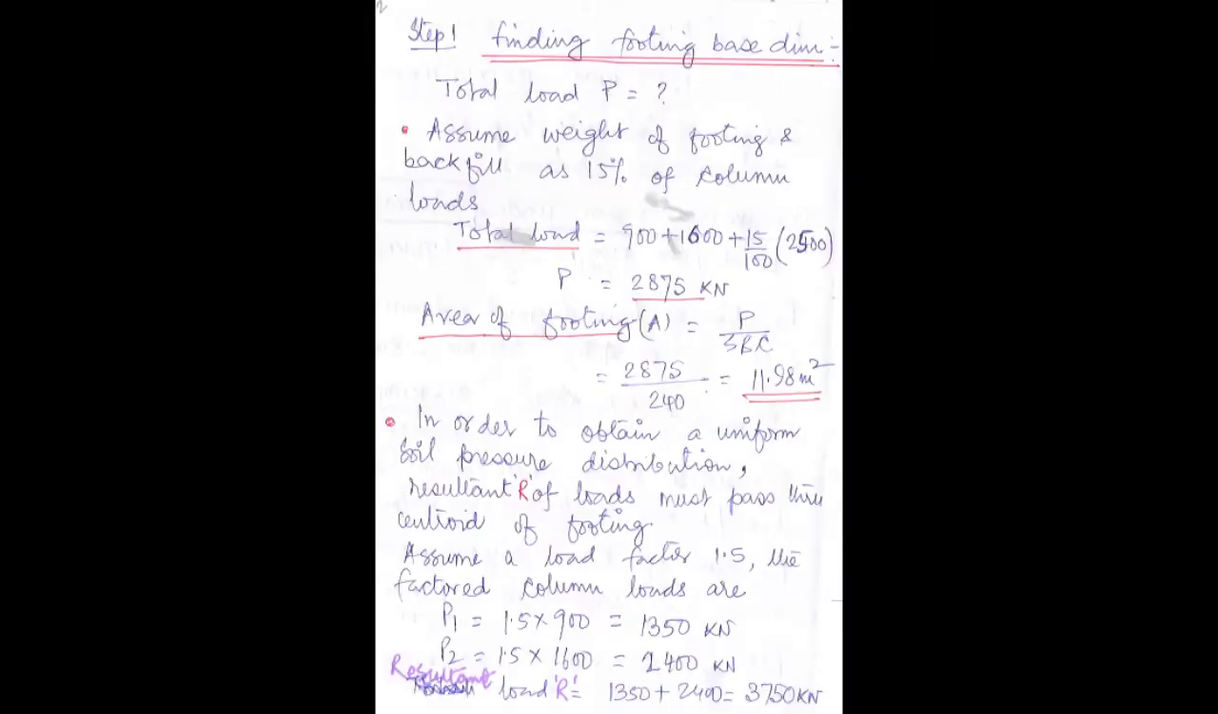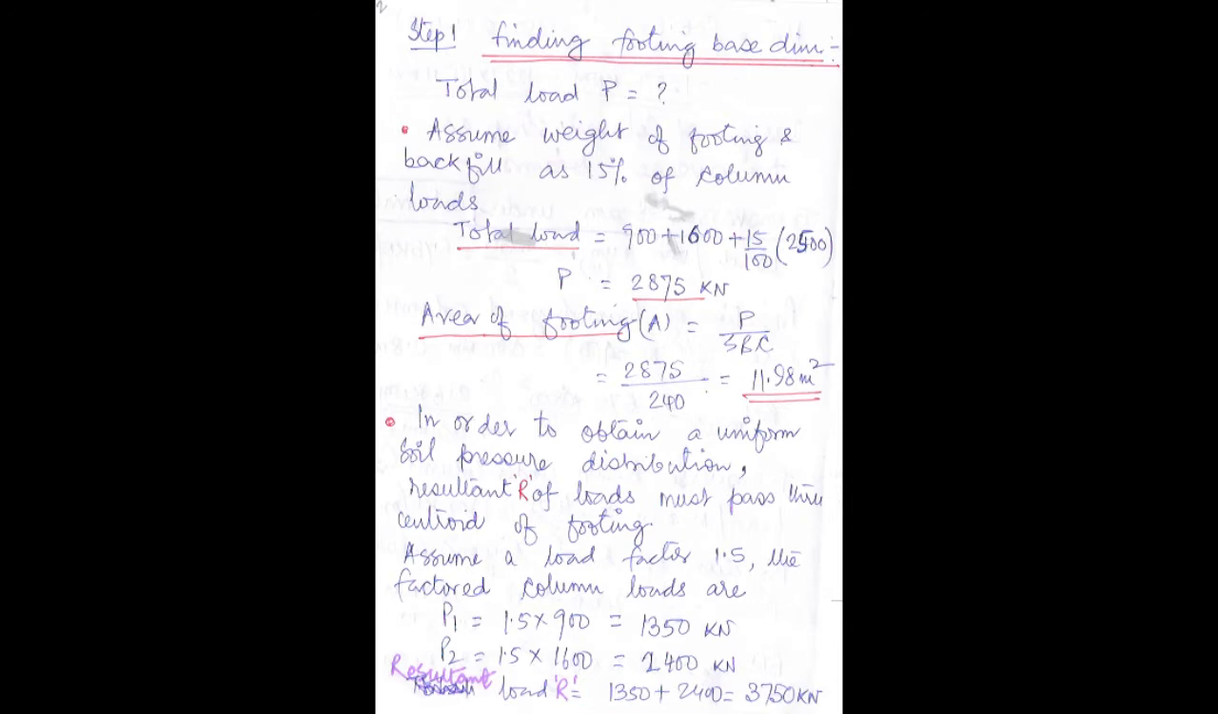Okay, now let us start with step number 1. What is step number 1? Step number 1 is to find the footing base dimension. For that, first we have to find out the total load P. So let us see how we proceed. The axial loads carried by the columns are given, 900 and 1600, correct? Now with that we will add 10 to 15%. Here I have taken 15%, but generally it is 10 to 15%. You have to assume the weight of the footing and the backfill